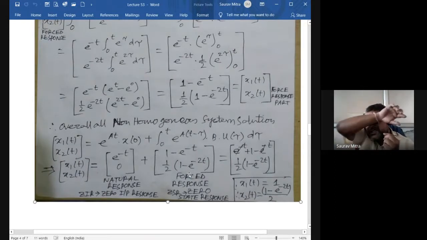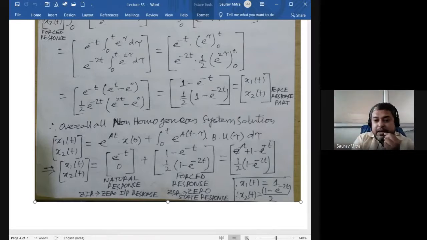So this forced response is happening because of this u(t). This forced response is happening because of the external input that we are giving. And this initial part is happening because of whatever was the initially stored energy. So if you add them for x1(t), e raised to minus t, e raised to minus t gets cancelled. So you are finding x1(t) is equal to 1. So what we are finding, the biggest thing is you have to comment. Whenever you are doing this lab, you have to comment on all these final results.